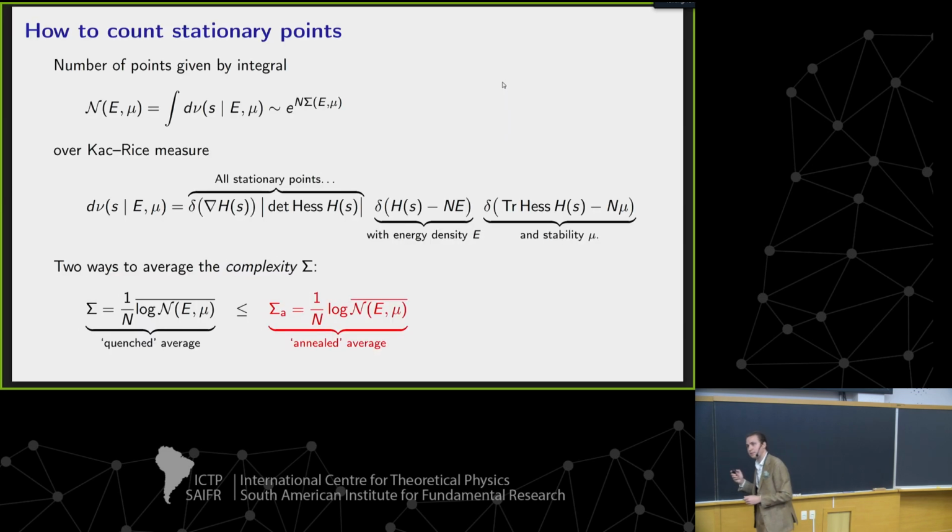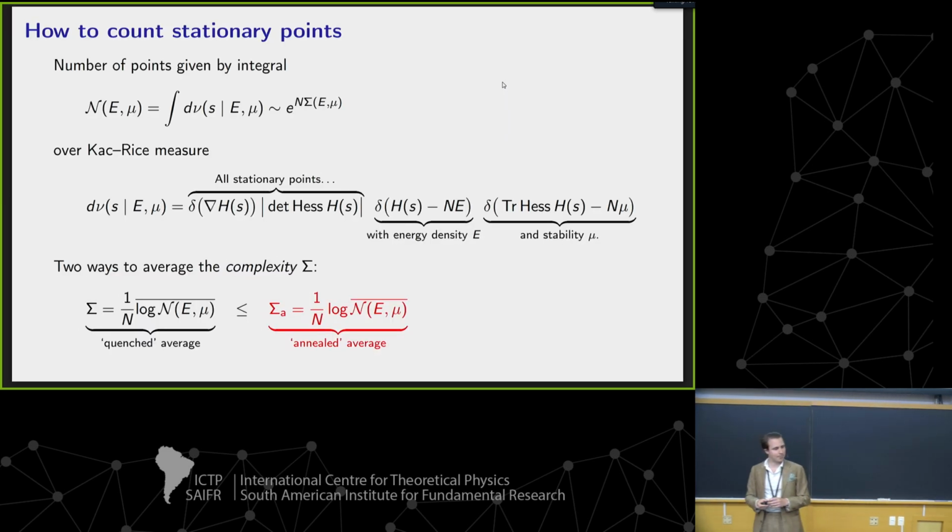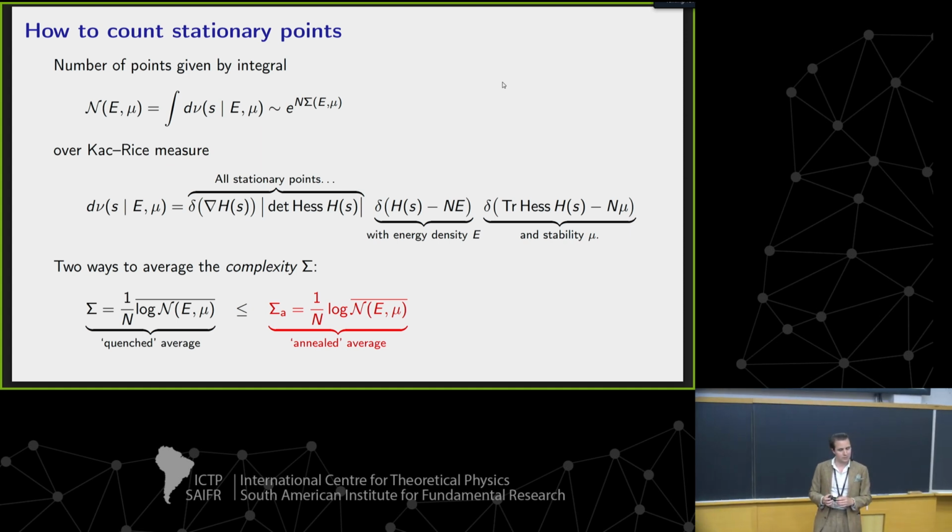Sorry, I have a question about this. Yes. Sorry, the delta function is a real delta function? It's infinite if it's non-zero? It's the usual delta function. Usual delta function. So n is going to be singular exactly when you find a stationary point at that e, but it's going to be... Yeah. The delta functions of e and mu are a little bit of a notational courtesy. They are effectively regularized by the fact we're taking an average over an ensemble.